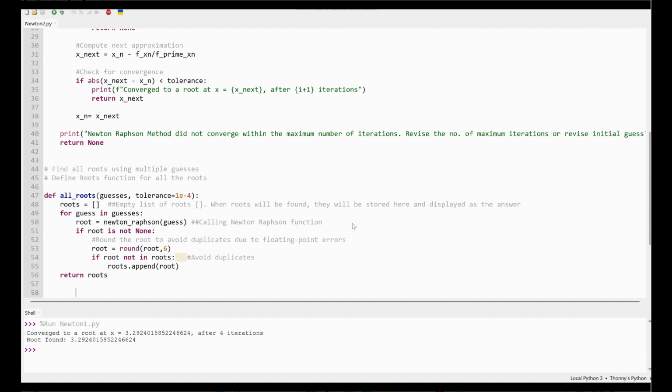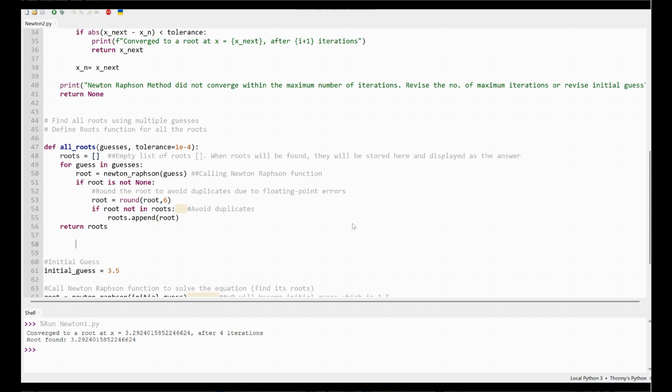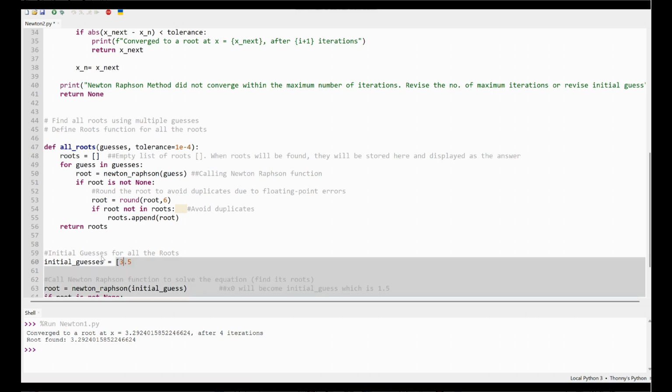And now for initial guesses, I will create a list. So this is a cubic equation. What I can do is give it 3 initial guesses, but let's say to be on the safe side, I'll give it 4 initial guesses in case 2 initial guesses result in the same root and we end up with only 2 roots. So I want to avoid that, so I will give it 1 initial guess more than the number of roots the equation has. So I'll give it -1, 1.5, 3 and 3.5,